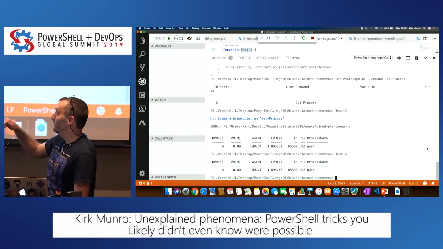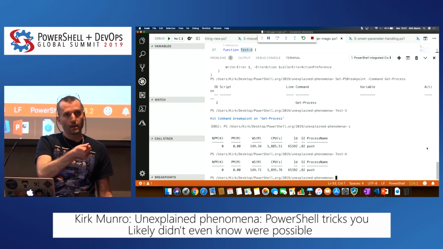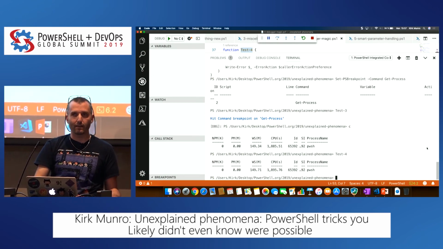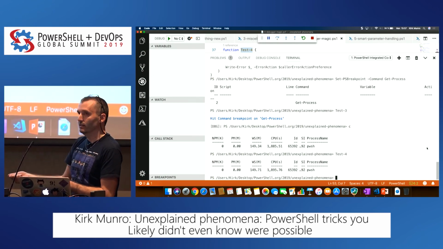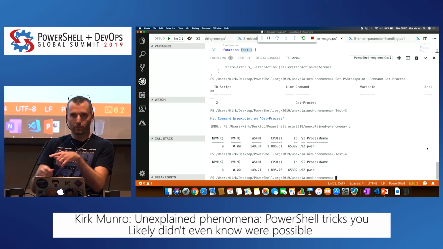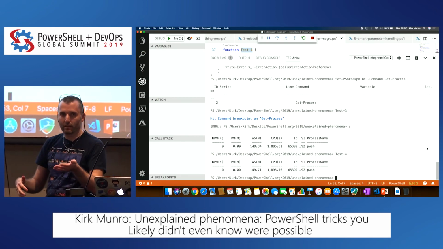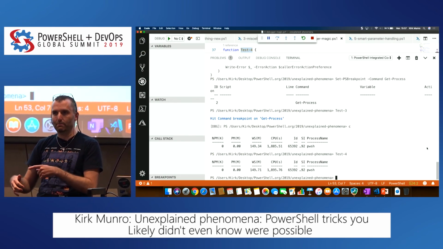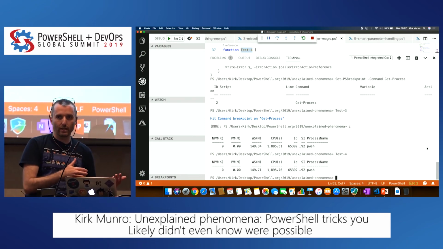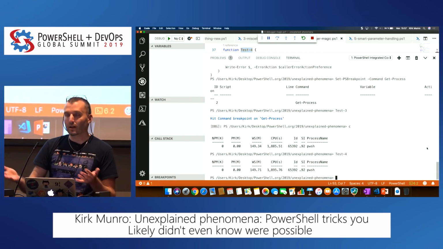And so if I ship a module to a community of users, and they're using that module and running scripts and solutions around that, and they're trying to debug, I don't want them to get confused by debugging into my code. And so if you find somewhere in your code you've got a problem with Get-Process, and you set a command breakpoint, I don't want you stopping on mine, because mine should be tested and working, because I shipped it, and I tested it with Pester, and everything's great. I don't write buggy code.